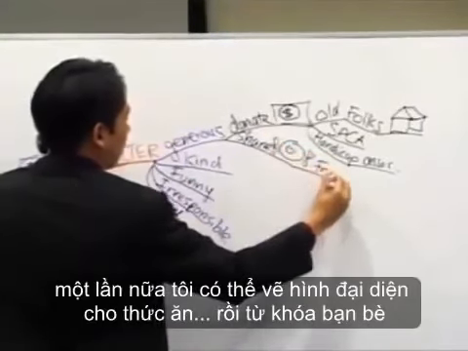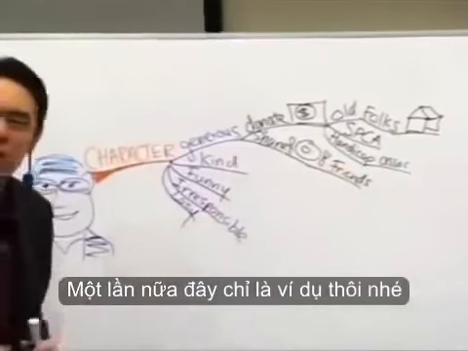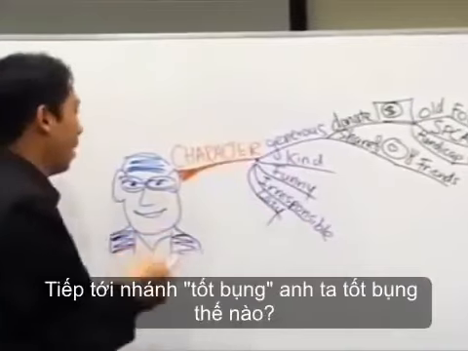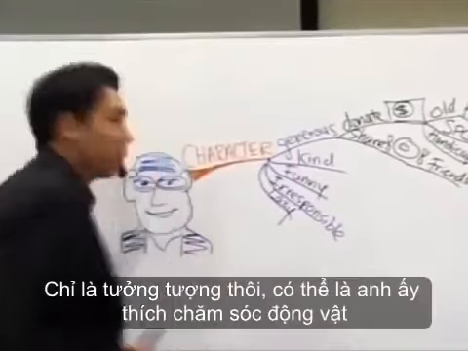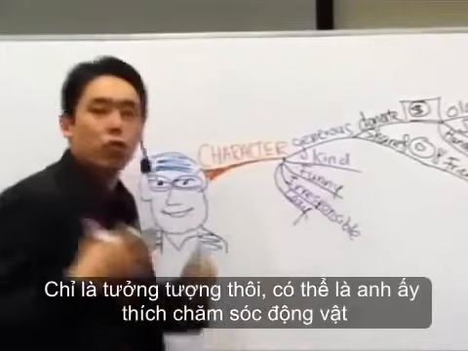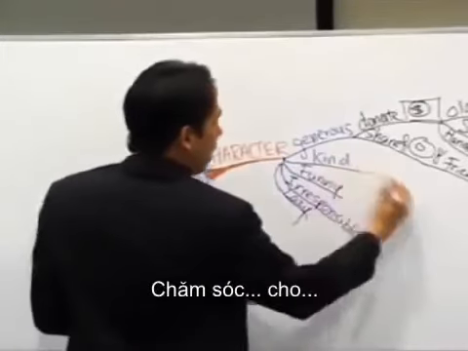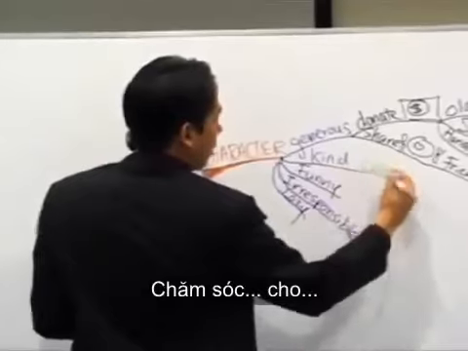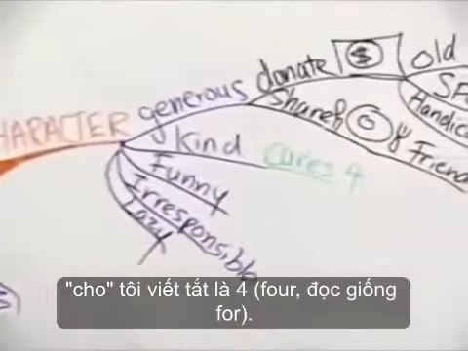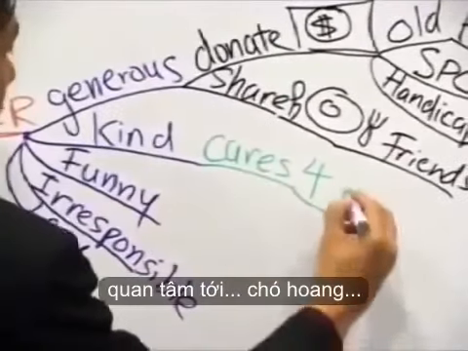Friends. Again, it's a strange way of being generous, but I'm just giving an example here, right? Some crazy examples. Okay, under kind. Why is he kind? Again, I'm just making stuff up. Maybe he's very kind because he tends to take care of stray animals, alright? So, cares for. Now, use the word "for" to represent "cares for." Again, it's a symbol. Cares for stray